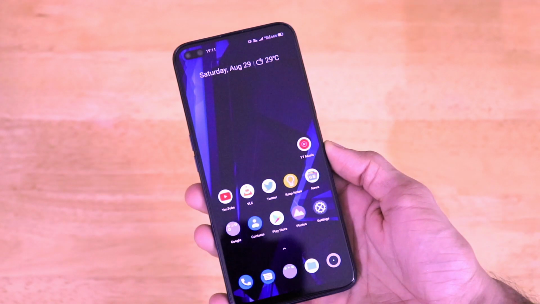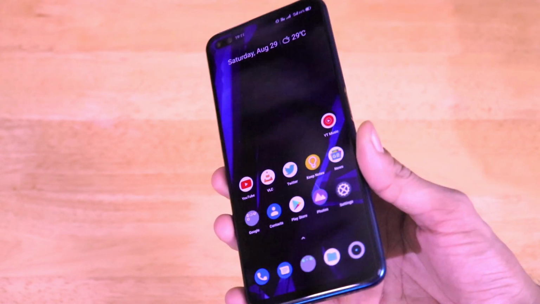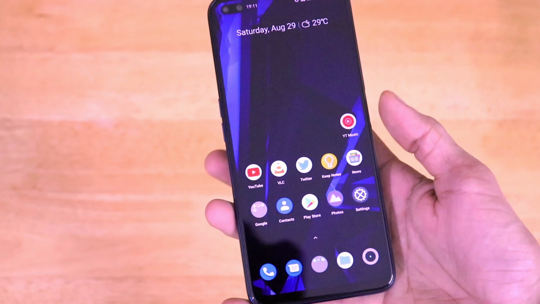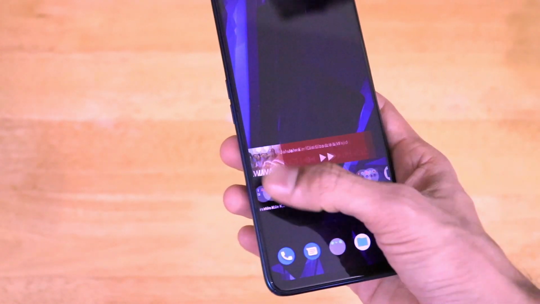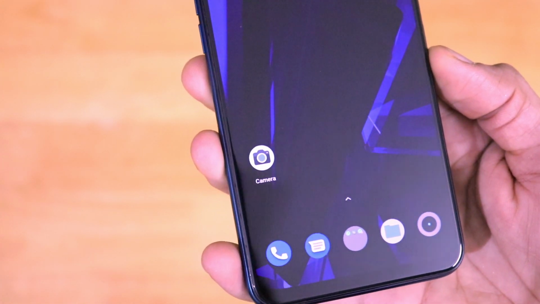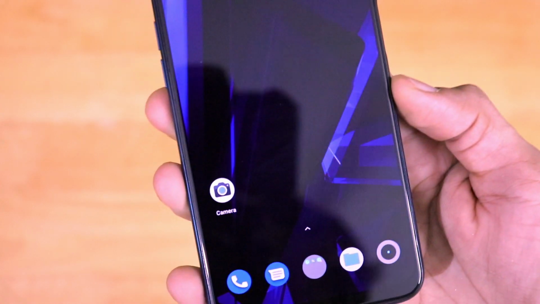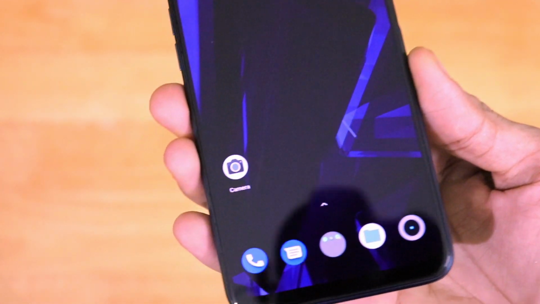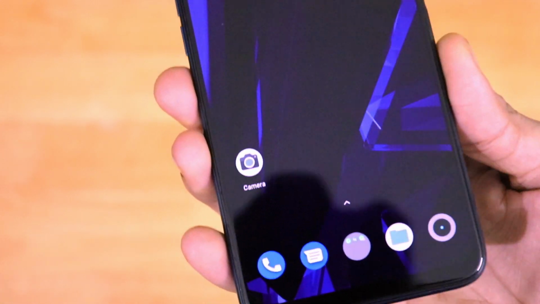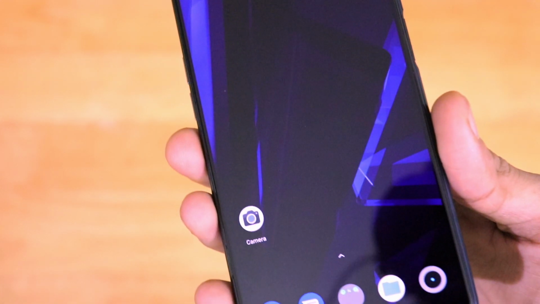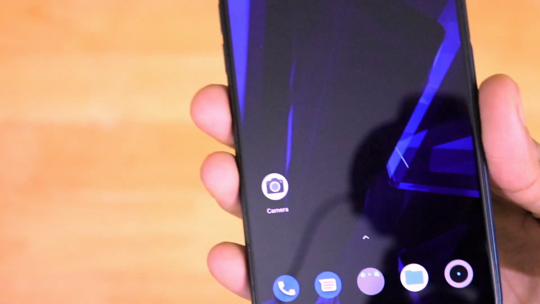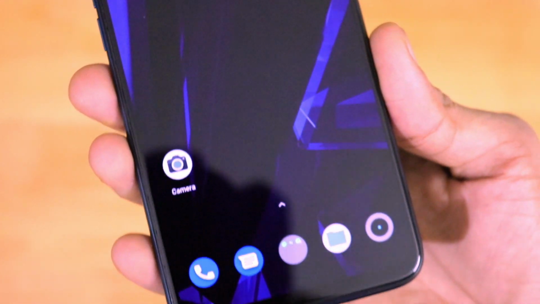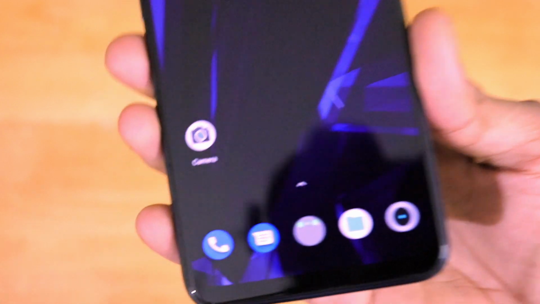Let me tell you a few important things before the installation of Gcam on the Realme X3. I have installed a lot of Gcam APKs on this device, including ones made for the Realme X3, the Realme X3 Super Zoom, and also the Realme X2 Pro smartphones, which this phone supports. At least 10 to 12 Gcams I have installed, and also downloaded and set up the configuration files for all of them.